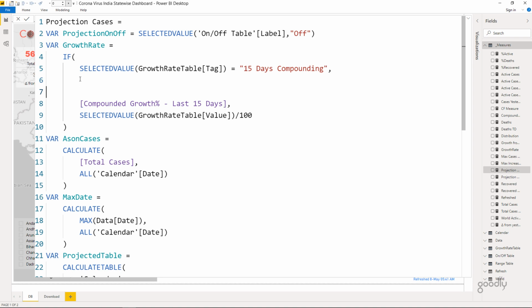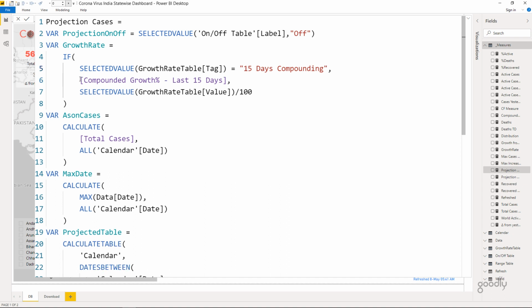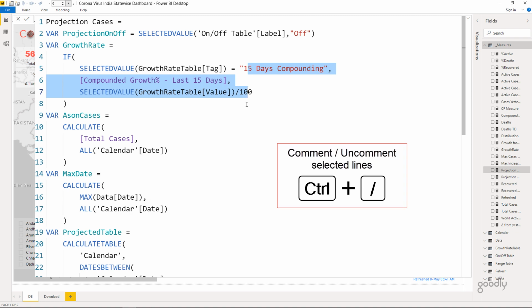All right. Next one. So let's say that you are writing your DAX code and maybe you would like to comment a few lines in the code. You don't want those lines to be executed. So what you do is maybe you select those lines. Even selecting the partial line is enough. So you select a couple of lines that you want to actually silent and make it as a comment, and you can use the shortcut Control / to convert them as comments.